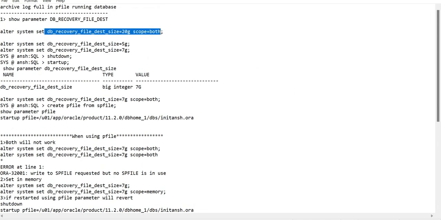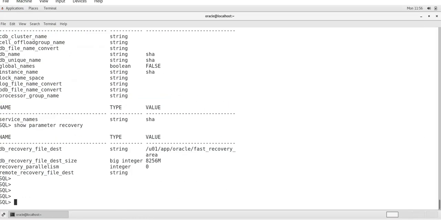It's not showing like that. Okay, let me do it like this. Let me copy it and show you in the practical session only. Alter system set, I have used this parameter which needs to be reset. I will use 6 gigs, and I can just press enter also. The parameter will be altered, but it's better to use scope equal to SPFILE or scope equal to both,